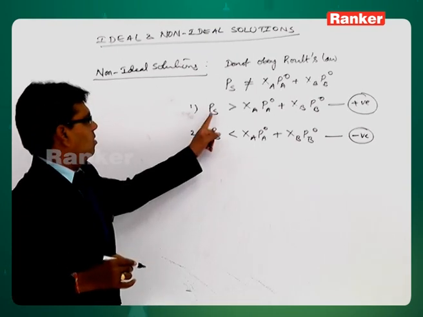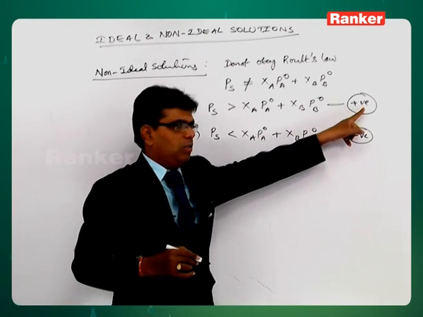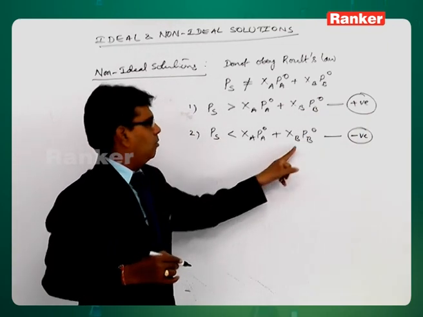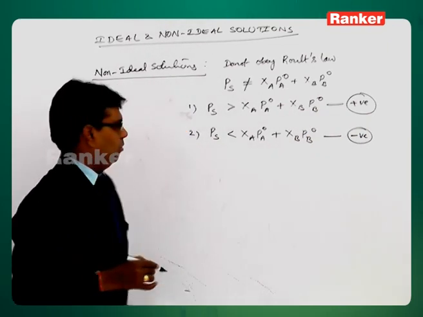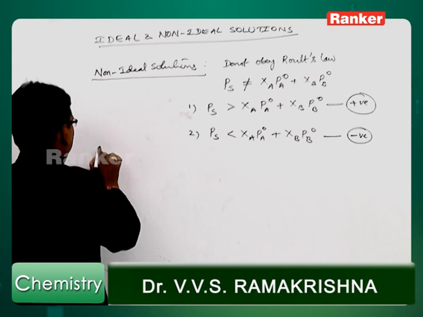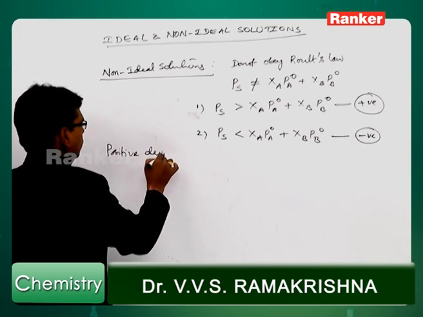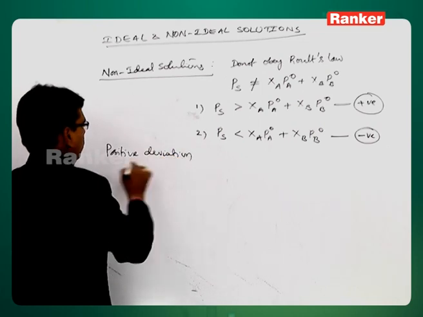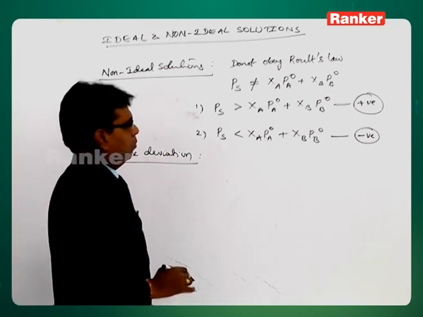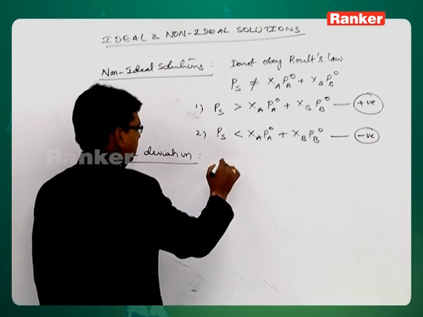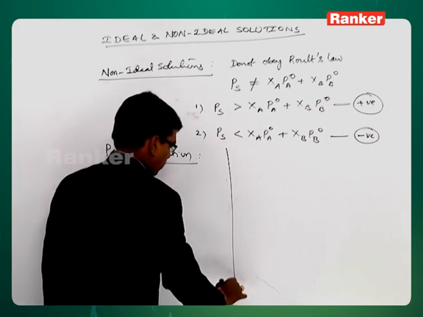So, this is non-ideal solution with positive deviation, non-ideal solution with negative deviation. When do we get positive deviation? Positive deviation graphically, if I represent,